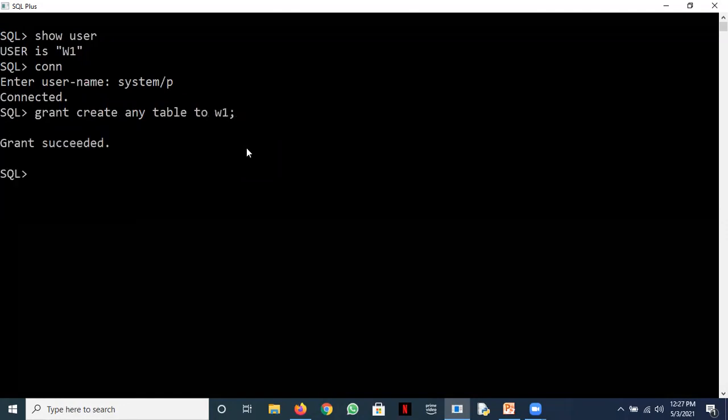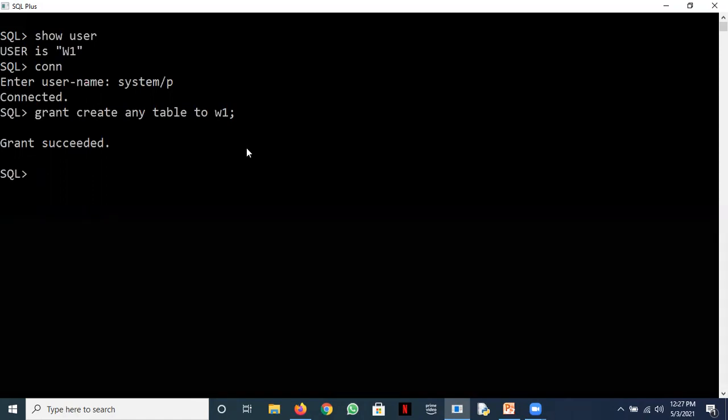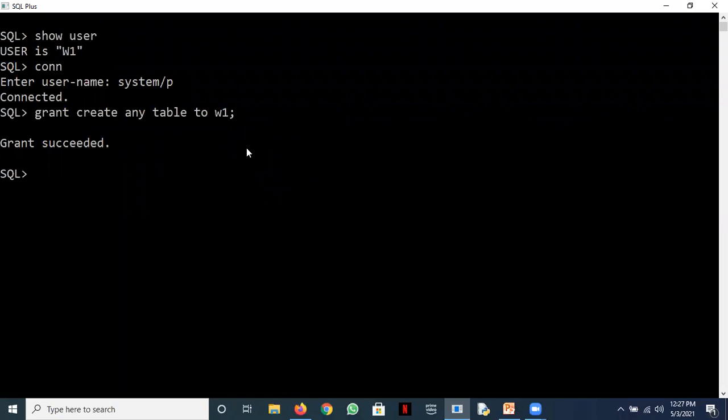See the grant now. The grant name is a system or a database privilege, create any table. So what the system is saying, that the user W1 can create any table into anybody's account. Interesting. Let's see whether it works or not.